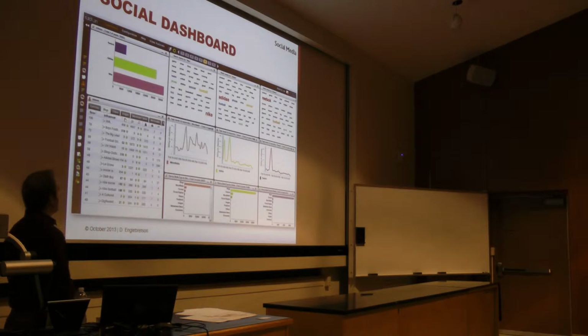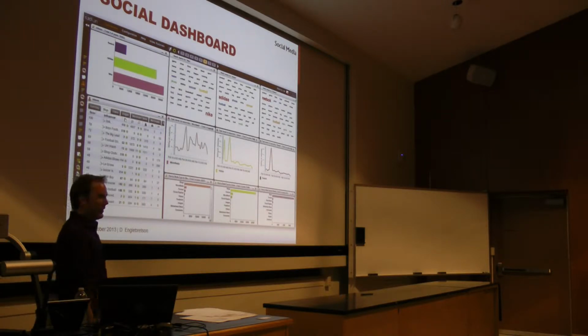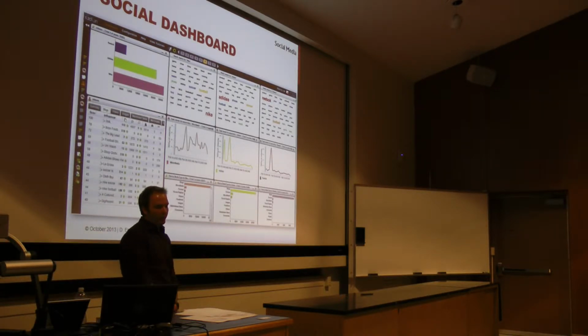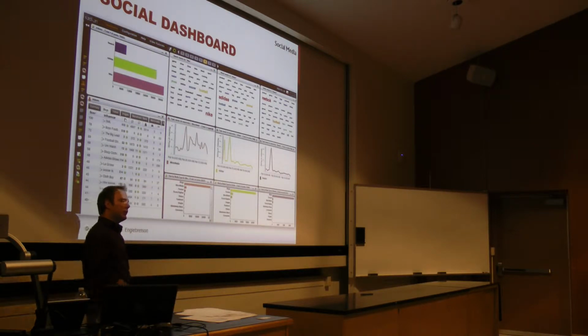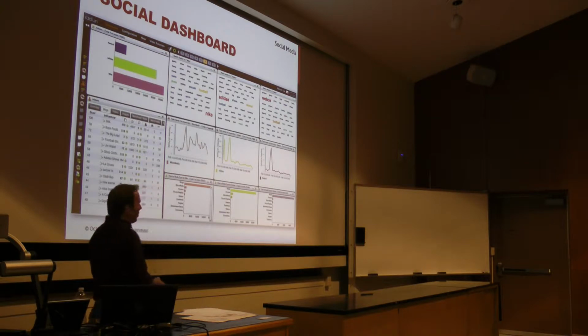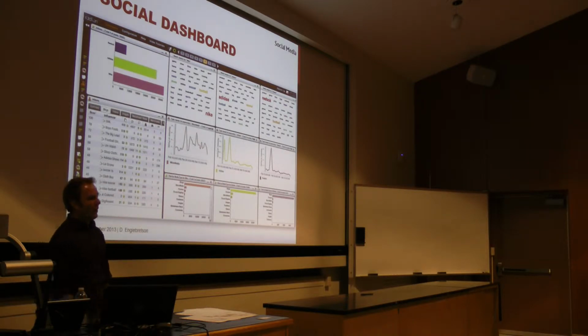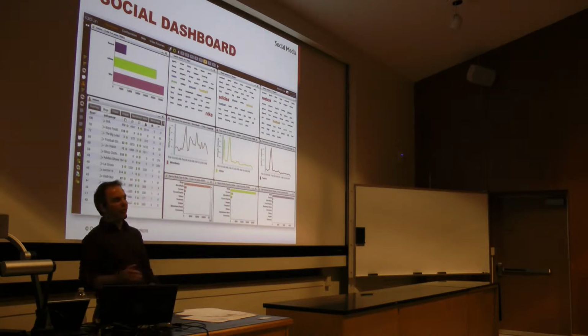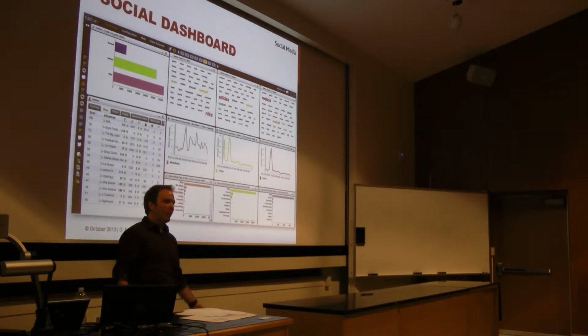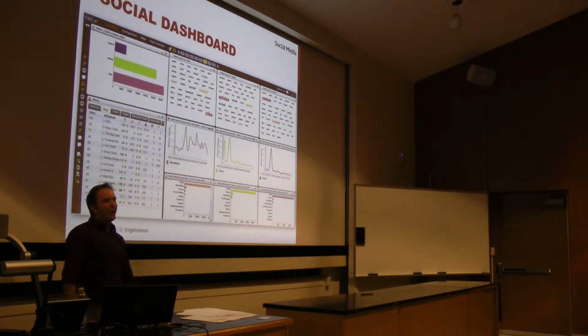I want to put this up there because it's cool. This is called Radian 6, and it is a social monitoring software. What it does is you can put in your terms. So let's say we had our 6 terms and we went to Google and we ended up with 200 other terms. We put all 200 terms into the software, and it tells me who's talking about it, where they're talking about it, and what they're talking about. If you have a brand name, it'll show every reference to your brand name on the internet. It crawls all over the place. If you have a competitor's brand name, it'll crawl and find them. A lot of people will use it to see if people are talking poorly about your brand.